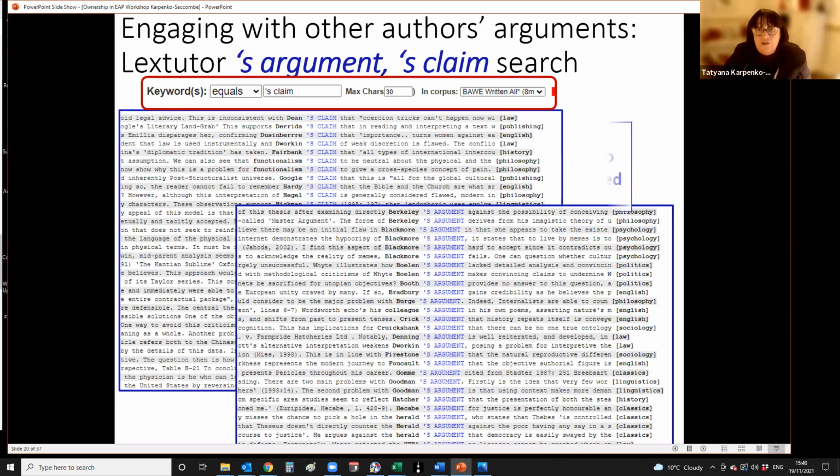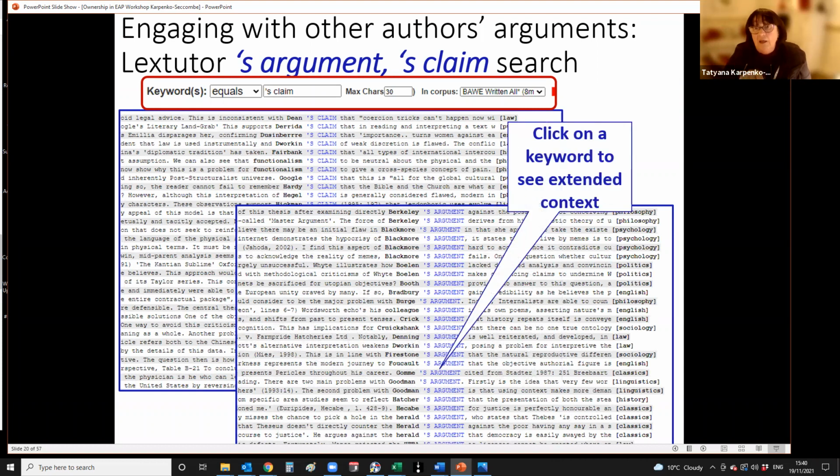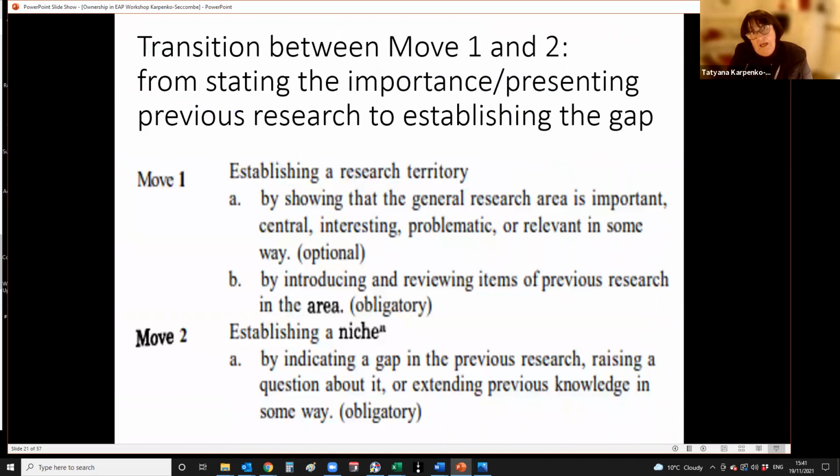And if we want, we can click on the keyword and see the extended context and see several paragraphs surrounding a particular word or particular line that we are interested in. So again, it can be used in many ways, to demonstrate something or to ask students to look into it and find particular examples of something. And